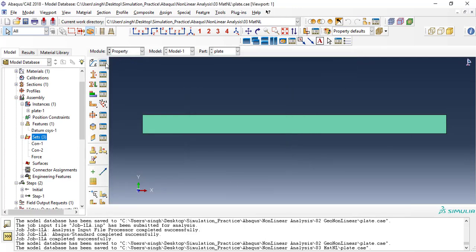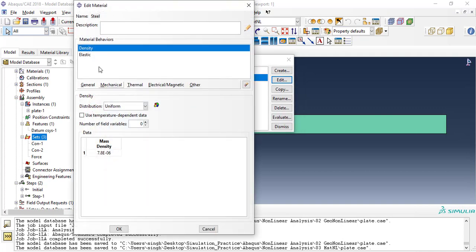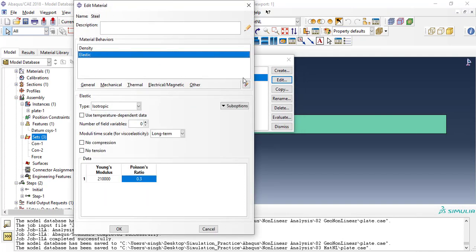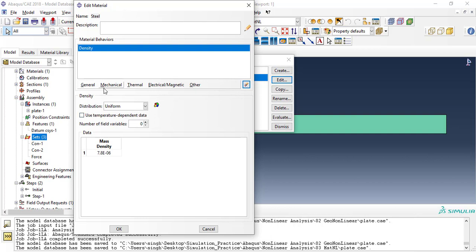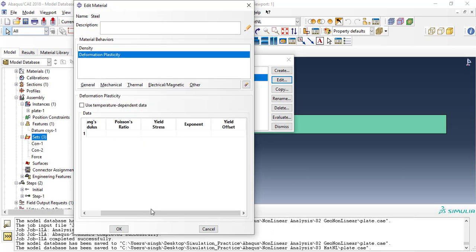So just click on the material manager and edit the material, steel material. I am going to delete the elastic parameter, and I am going to define the deformation plasticity material parameters. Here I have to decide the Young's modulus, that Young's modulus is the same as linear material, 210 e raised to the power 3. Poisson's ratio is 0.3, and then the yield stress